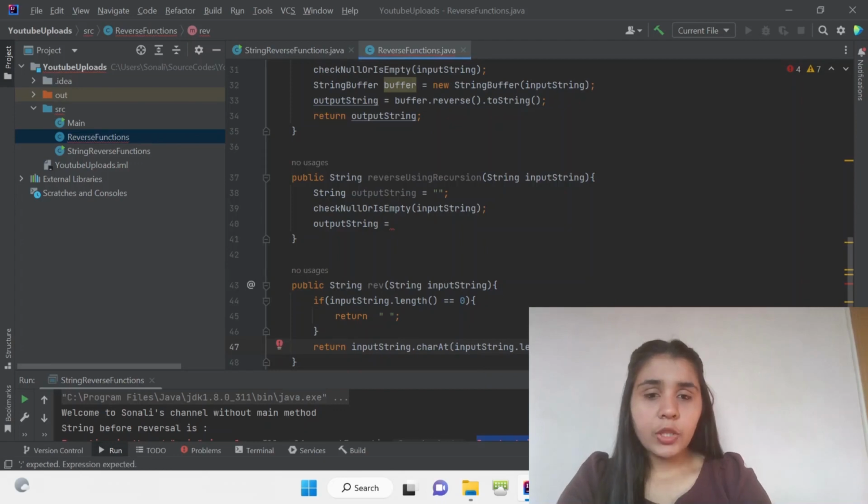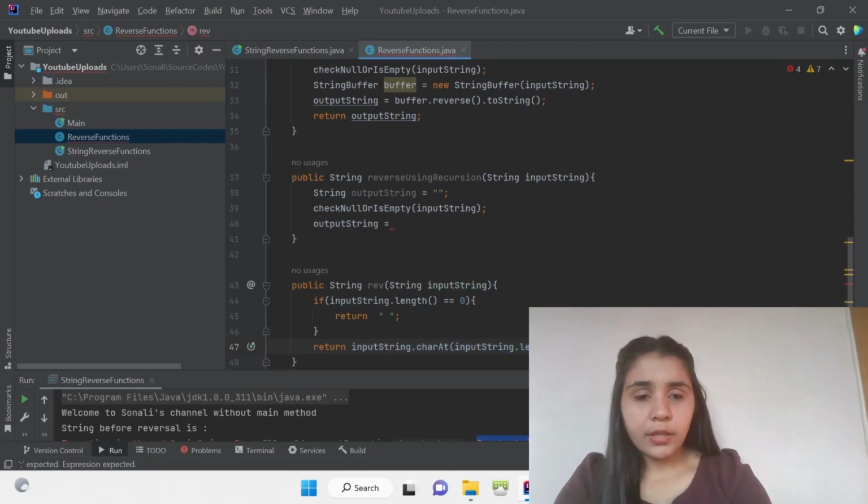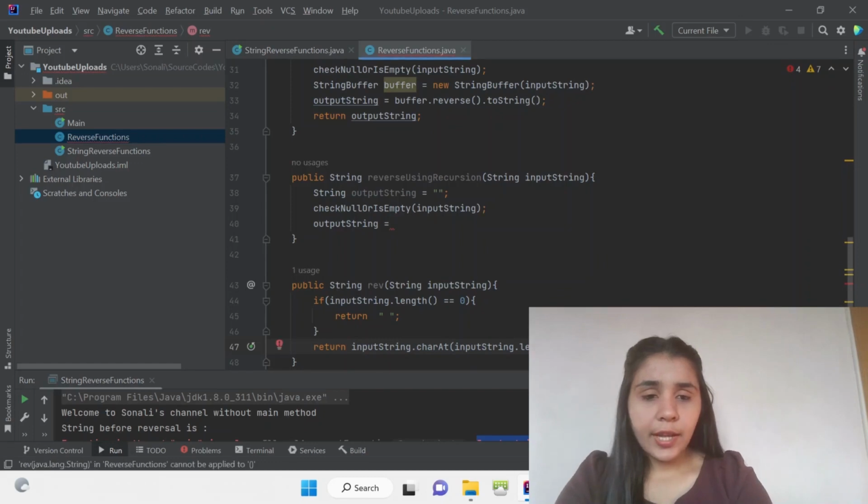You have to keep reading the string. This will return just one character, but you want to join other characters as well. So you will again call this reverse method, and this time you will have the index from where your input string will be read,